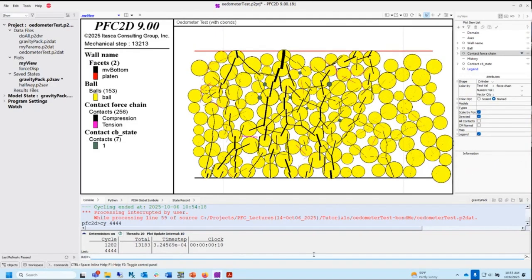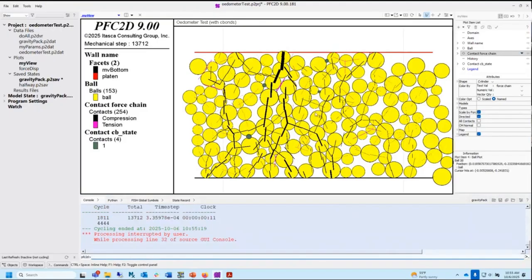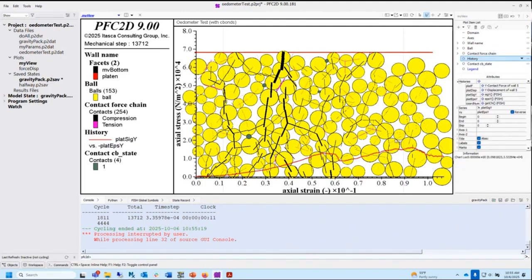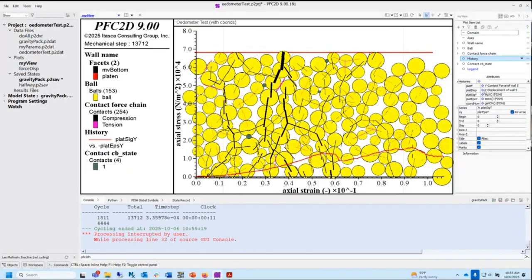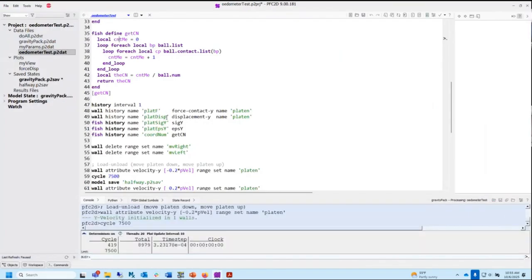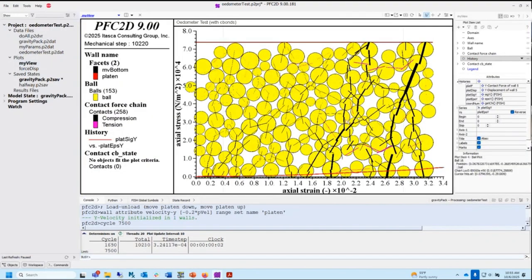Let's stop it now. It's very weak stuff. Look, it's just blowing out here. There's only load pretty much carried here. History. Look at that. Let's do a quick comparison. With this, we've got to make the x-axis go to, I don't know, 1.6e-1. Well, what the hell? Let's just run it out to the same strain path. But it might have totally broken apart. I don't know. Let's see.